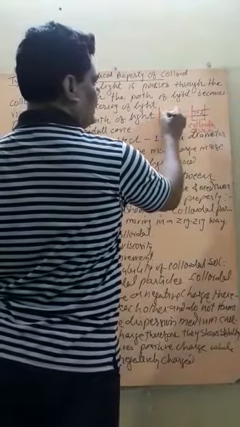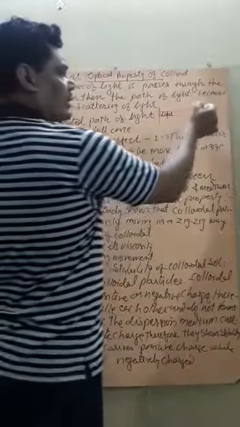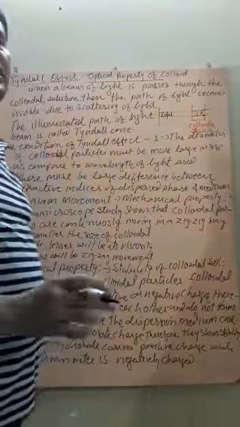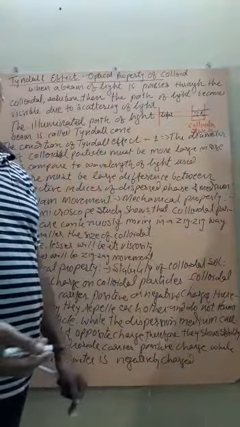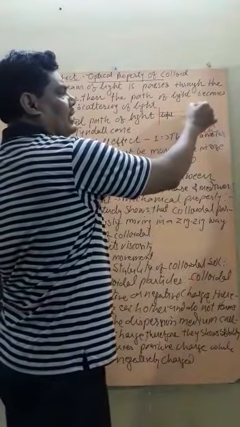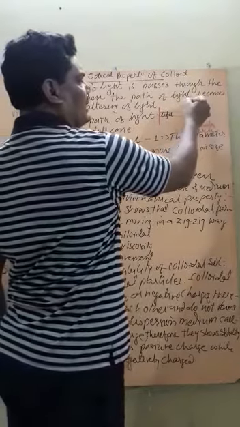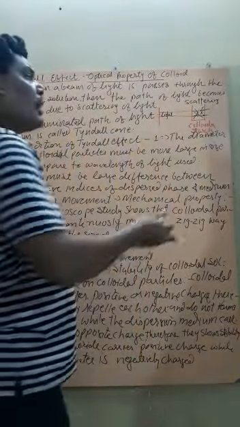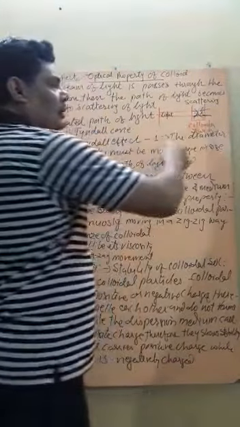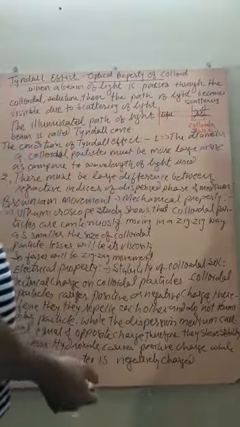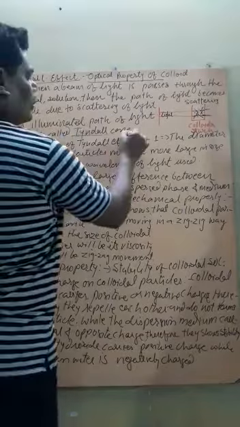The reason is the light radiation strikes the big size colloidal particles. You know that the size of colloidal particles is quite big as compared to a true solution. Therefore, these colloidal particles scatter the light in different directions. This scattering of light is known as the Tyndall effect. And the path which becomes illuminated due to the strike of light on colloidal particles is known as the Tyndall cone.